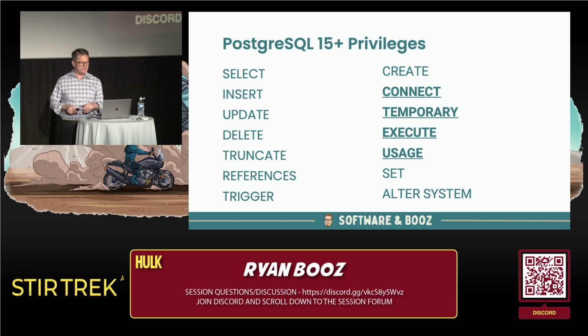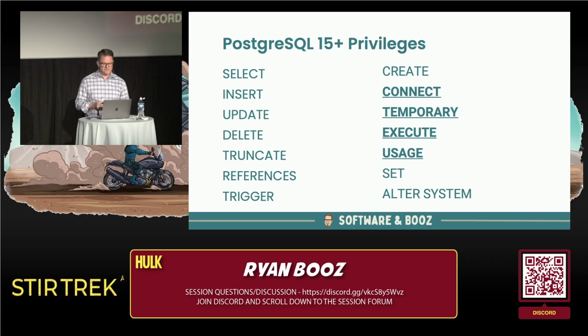Usually I try and keep this up to date, but quite honestly, these privileges haven't changed in many, many, many versions. So if you're using a supported version of Postgres, which is, I think at this point, technically, Postgres 13 and above, but certainly back to 9.6 and a bunch of others, these privileges still exist. There's been one change starting with Postgres 15, which is why I call this out.